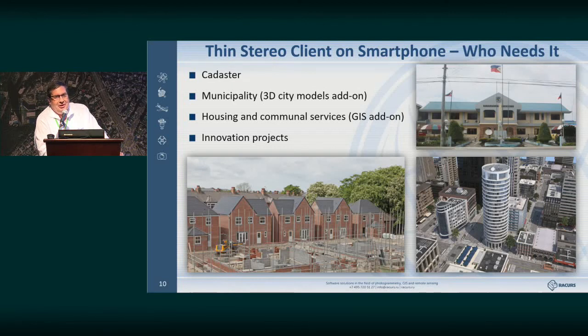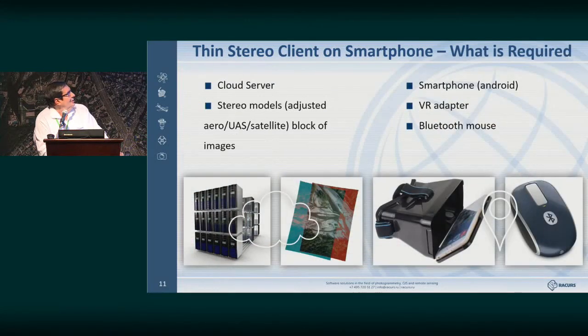I'm telling you this because, for instance, I don't remember what the project is called. You can watch it in stereo as well. Already, you can do that. Perhaps it will be interesting for housing and utilities projects who use GIS as an add-on, maybe some other innovative projects. So it will be interesting for us to see who will find this interesting, because we have published it as a free-of-charge add-on to the cloud technologies that we were developing.